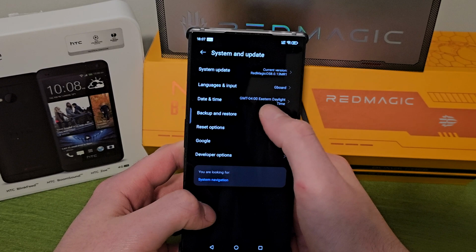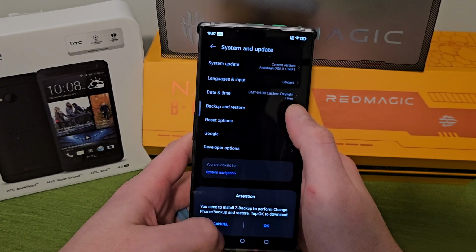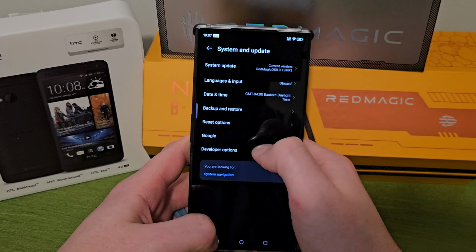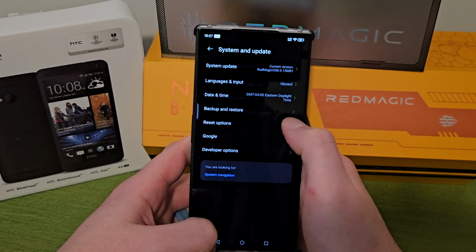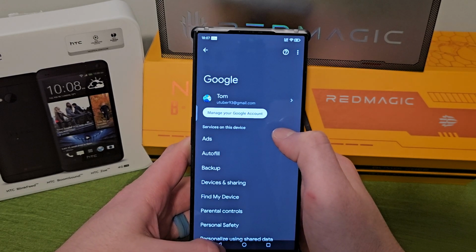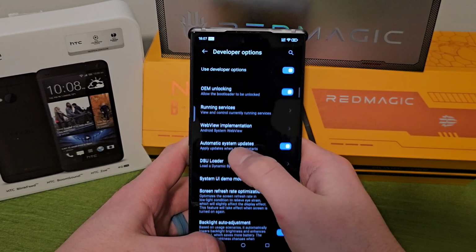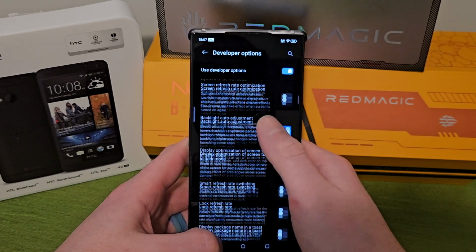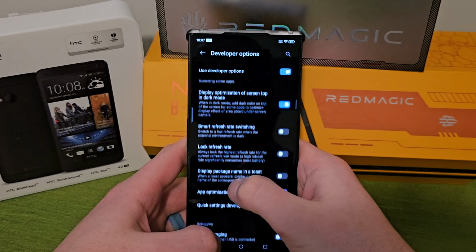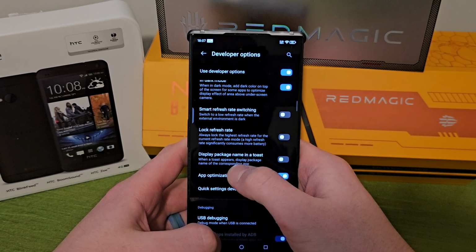software 8, so 8.0.3. We were on 6 last phone. Excuse me. So yeah, now that we're on 8, it's pretty good. Cool, man. Yeah, actually, right here. So